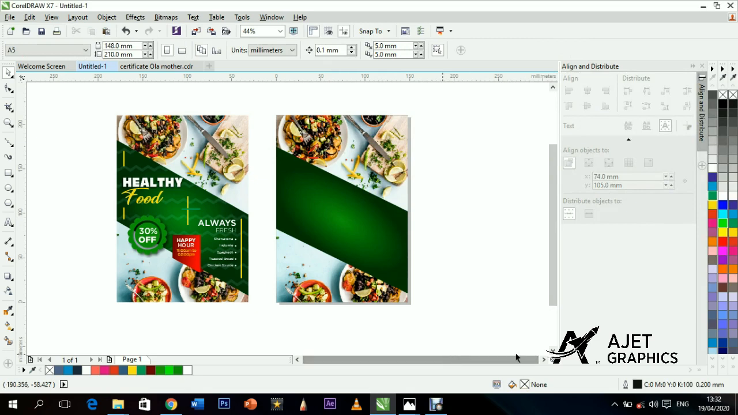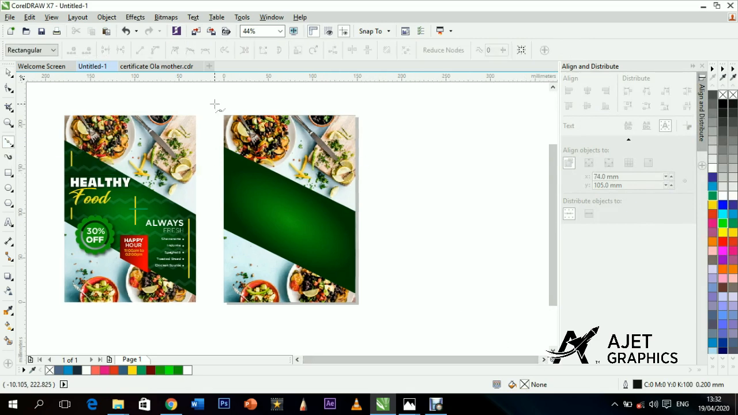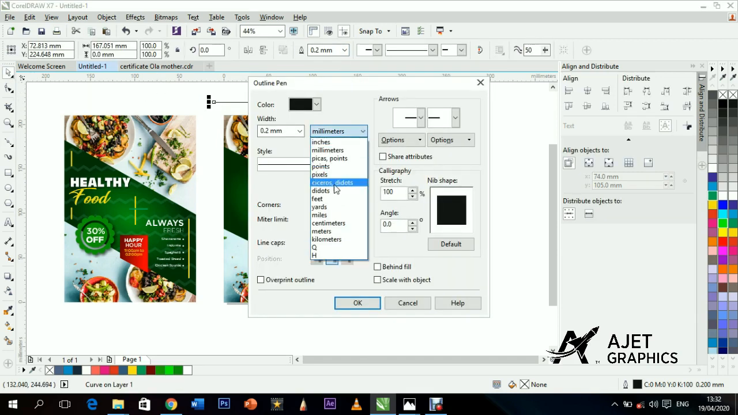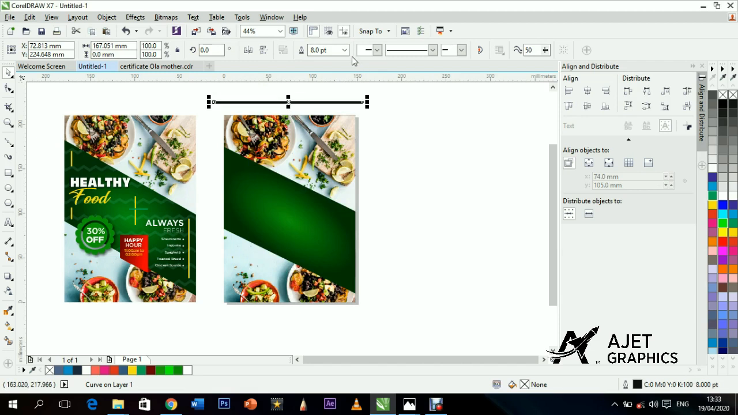So the next thing you're going to do is to draw a straight line. So this straight line you are drawing, we are going to change the size. So press F11, F12 to change the size. So after changing the size, we're going to select our roughing tool to rough the line to make it a